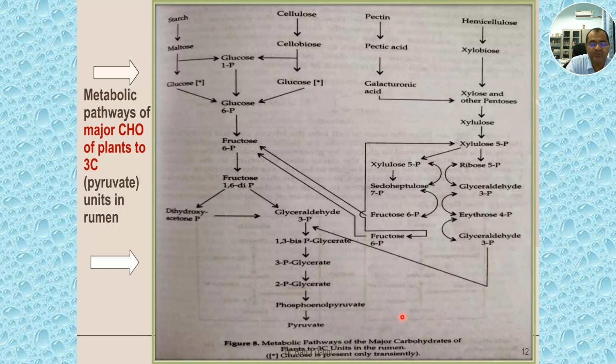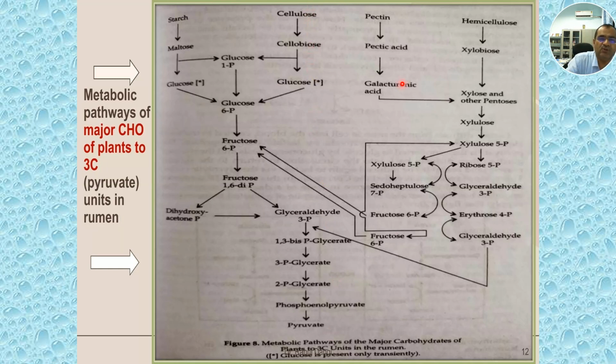Ultimately, as we have seen in the earlier chart, the end-before product is phosphoenol pyruvate, resulting in the production of pyruvate. So this is the pathway by which a simple sugar or starch is converted to pyruvate, whereas the cellulose